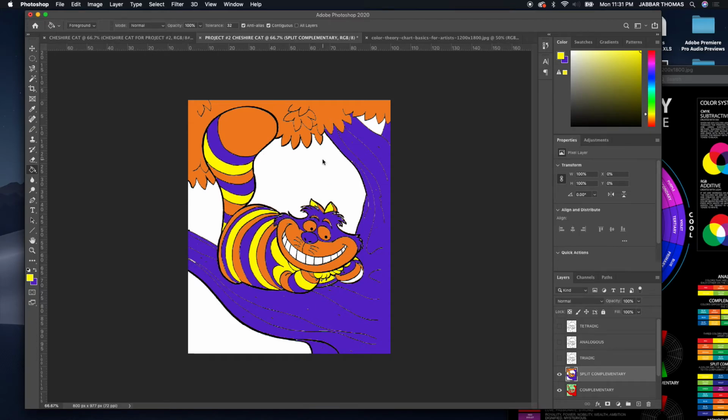So everything that needs a color, I'm going to assign yellow. Bam! I have my split complementary color scheme. Okay, so I think you get a really good idea of what we're doing here. The triadic, the analogous, and the last one is called the